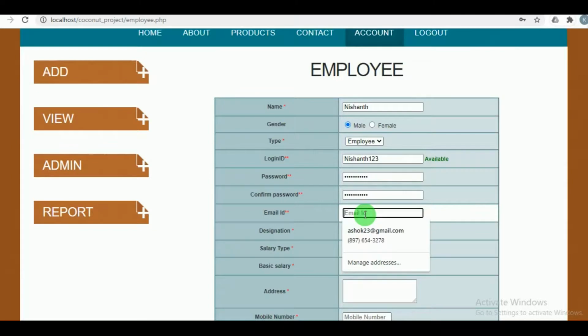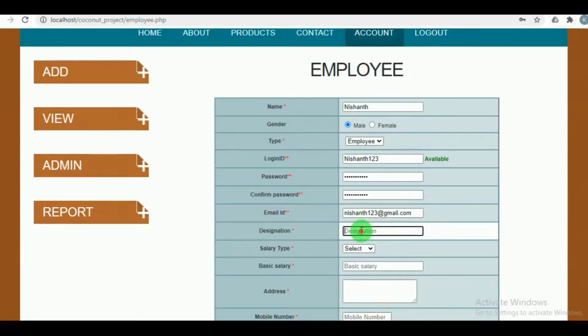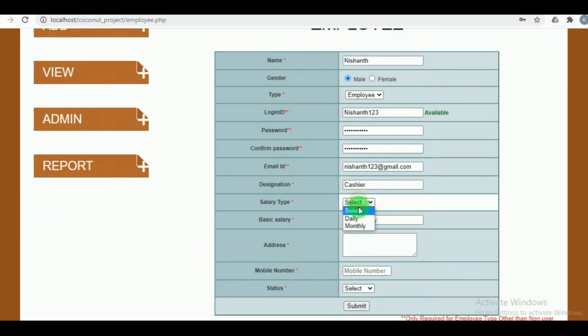The email ID of the employee must be mentioned. Designation of the employee, what is the work he is doing in the company, must be mentioned.